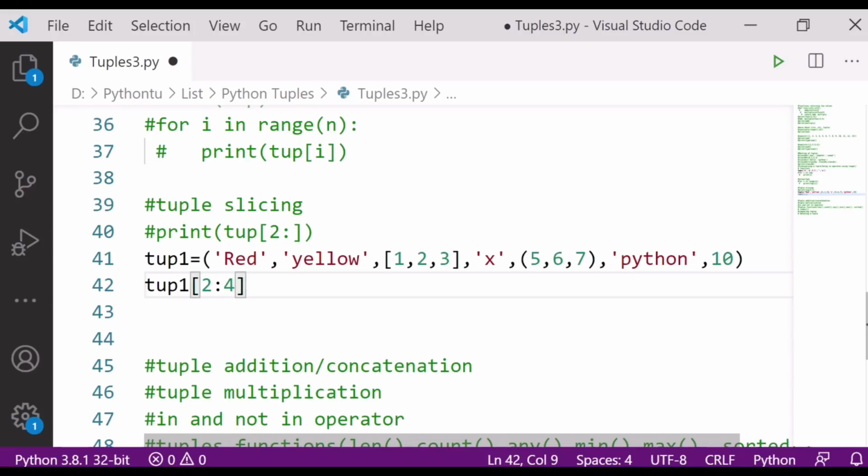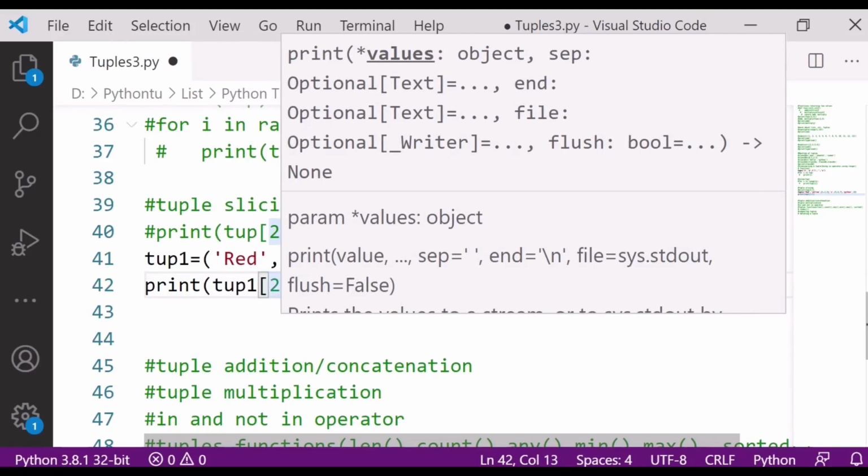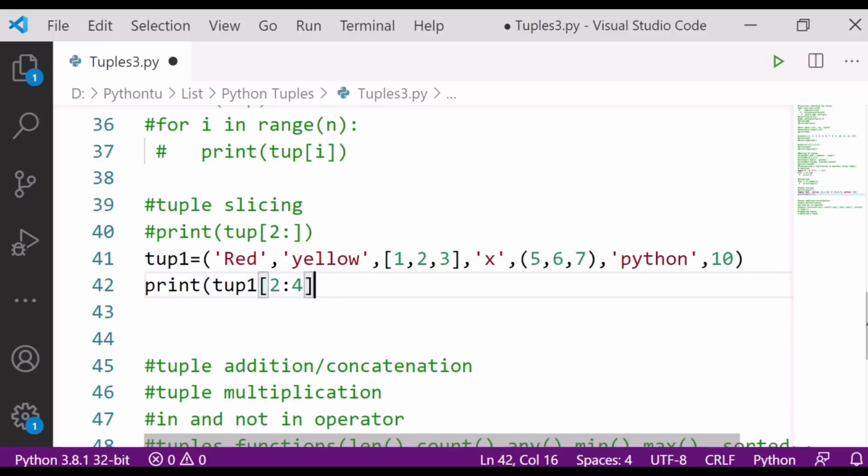Let me print it, otherwise it will not show anything. As you practice, the concepts will be more clear to you. Fine, so let's see the output.